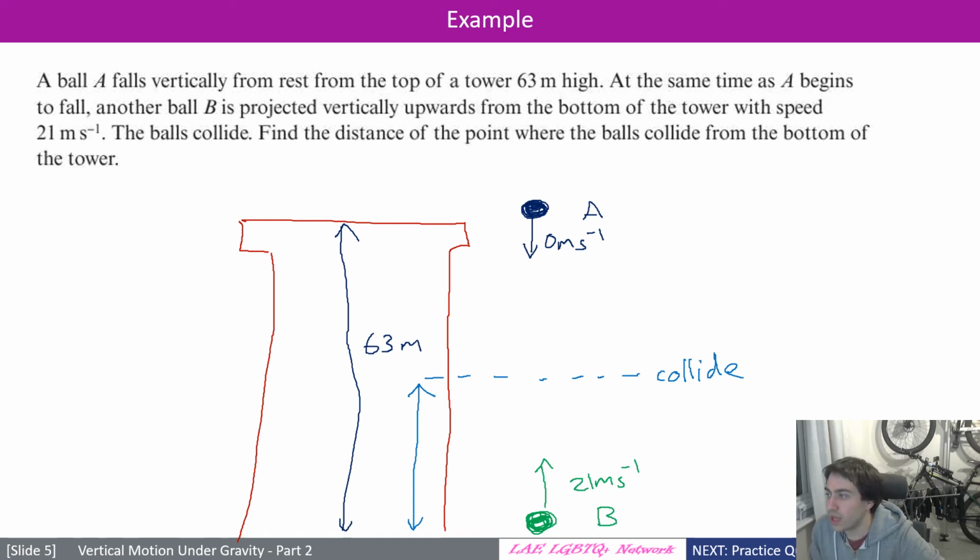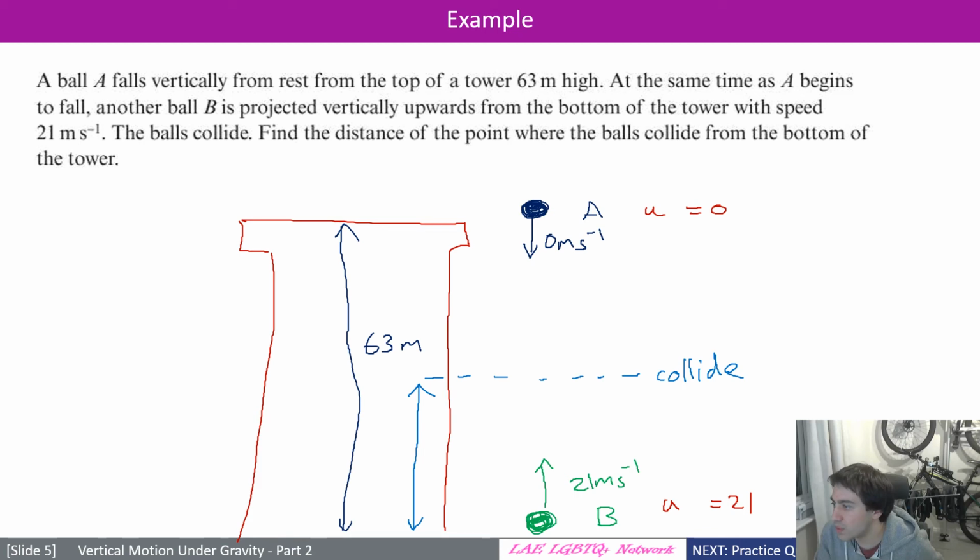So here's what we need to do. We're going to create functions of time for each of these two objects. In order to do that, we need to find a few things. We need to find the u, and we need to find the a, so the initial velocity and acceleration for each of these objects, which isn't too difficult. I just want to be careful though of notation. So for A, its u is 0, and for B, its u is 21,